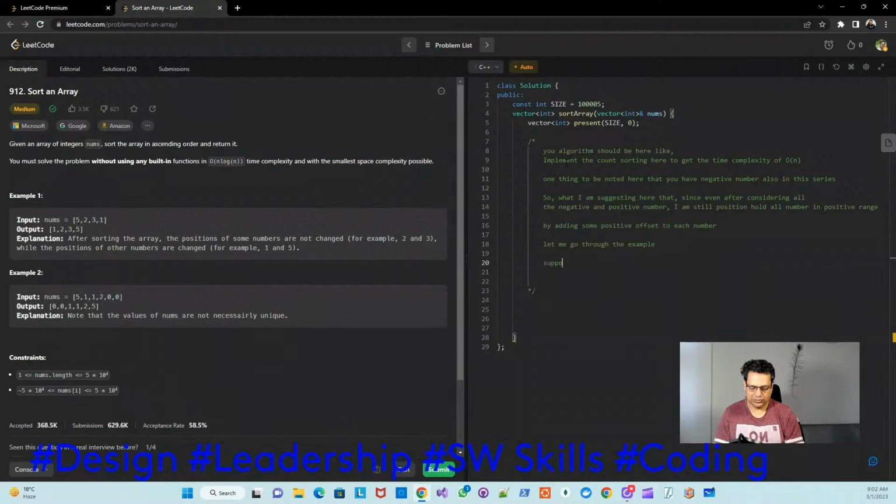Suppose you want to store minus 20 is possible, right? Minus 20 less than or equal to num less than or equal to 20. So this will be like this. Okay, you want to store this number. Now the above can be transformed to 0 less than or equal to num value less than or equal to 40, right? So that can be transformed easily, right? By just adding